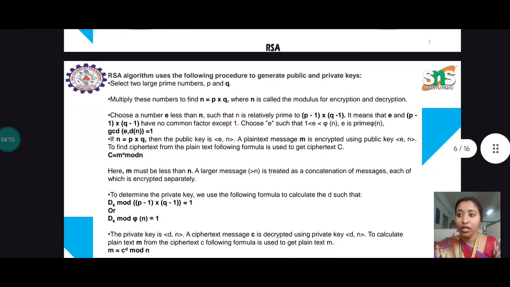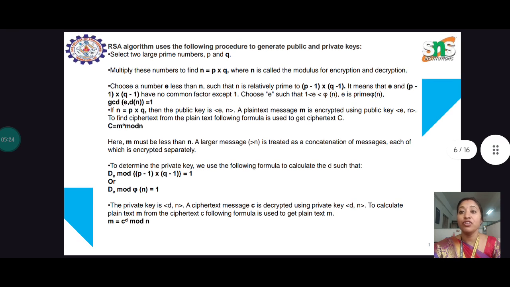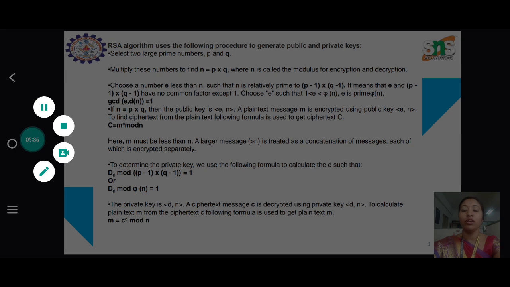So again, coming to the algorithm procedure, first we have to take two prime numbers, p and q. First you have to get the number n, where n is equal to p into q. We have already known from Euler's theorem that E must be relatively prime to p minus 1 and q minus 1. It means that E and p minus 1, q minus 1 have no common factor except 1. These conditions must be satisfied in order to satisfy the RSA algorithm. This is a mathematical representation. In the further classes, we'll see about the